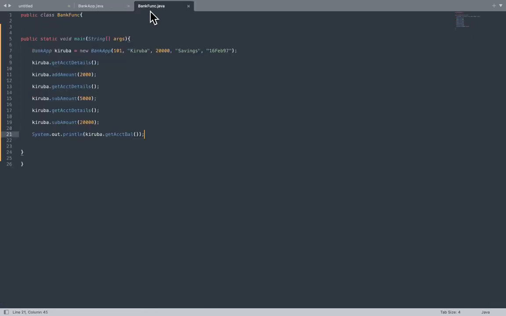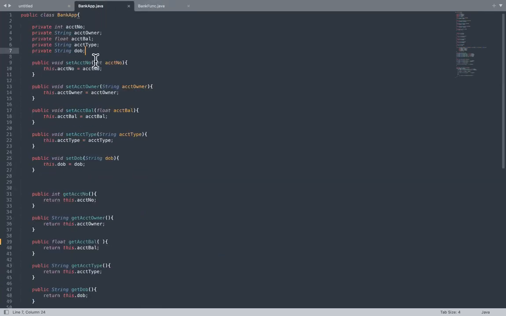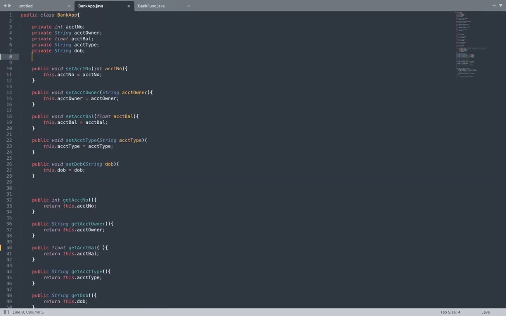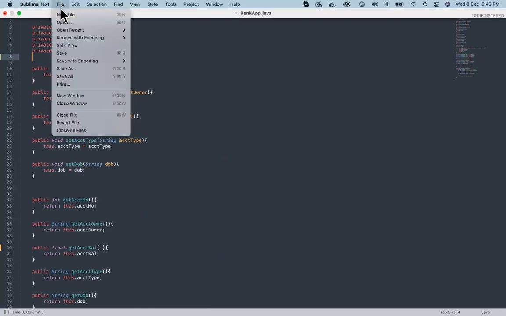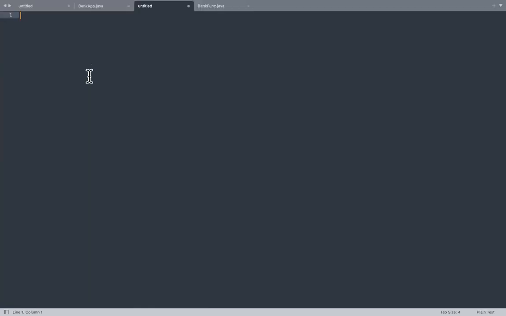That is passed from this class. Don't touch this. Create one more POJO class. You can create one more Java class. You can just have a public class Bank, and you can have your variables.